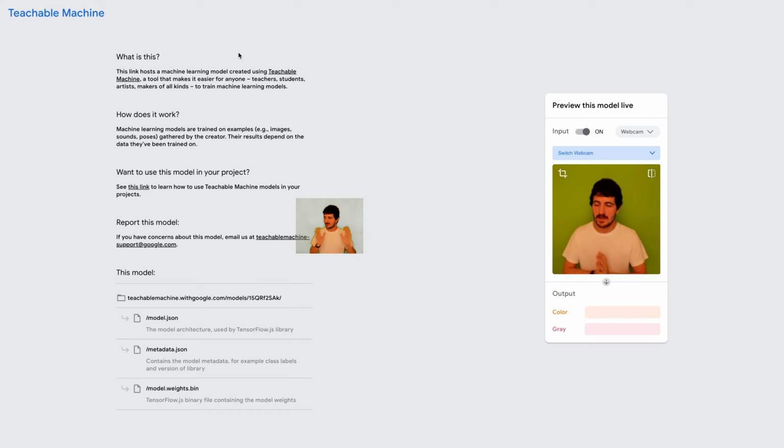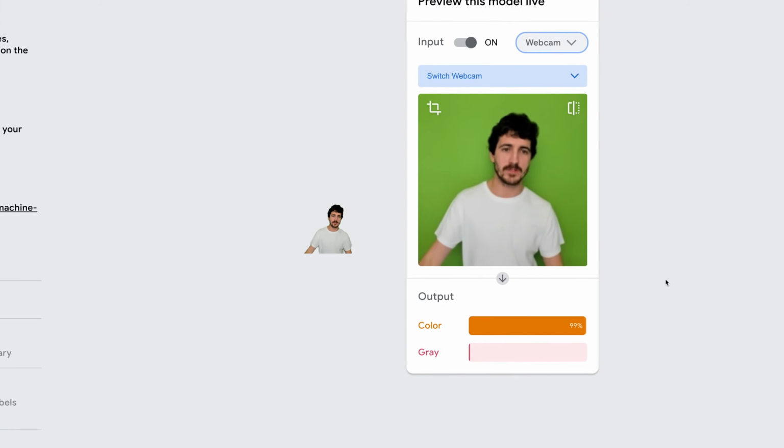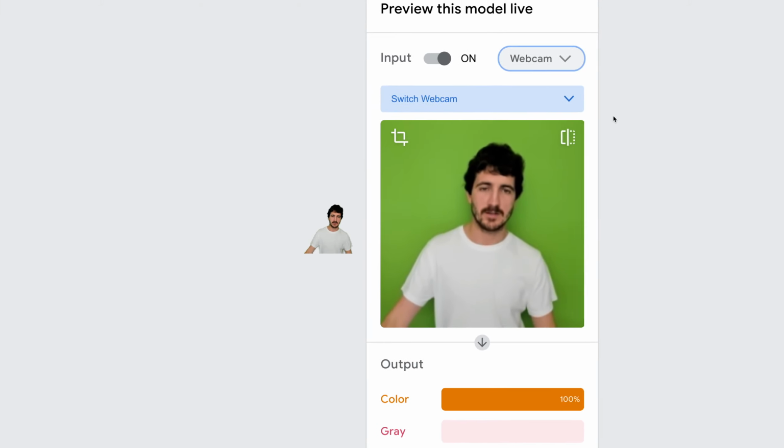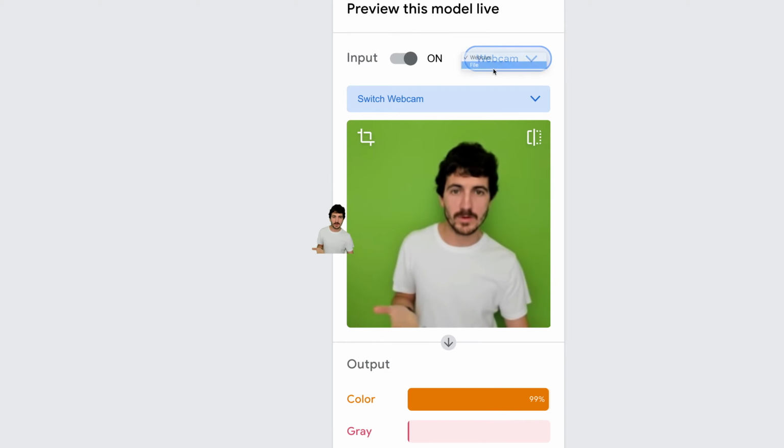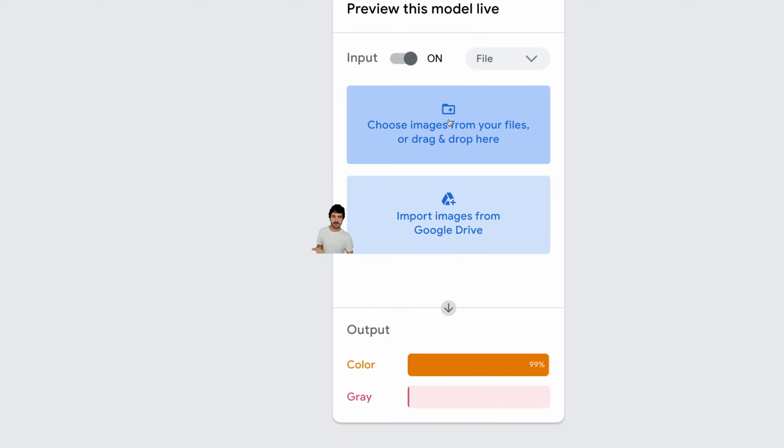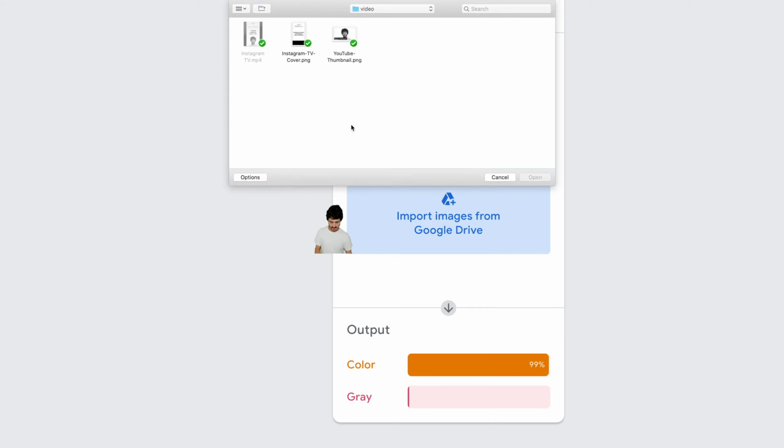And okay, this will make me probably disappear from the other camera, but we'll fix that later. So what we have here is that the input that we're getting is from the webcam, but what we want to do, and it's telling me that I'm a color sketch in some way, which doesn't make a lot of sense. But if we go into file selection, we can choose a file from our disk,